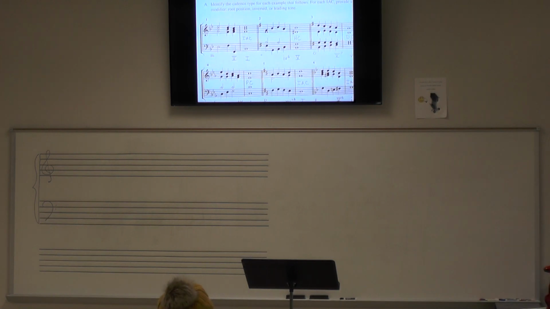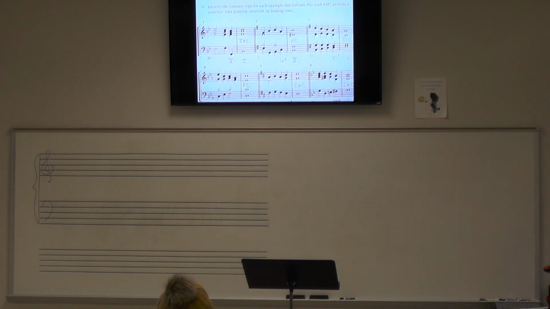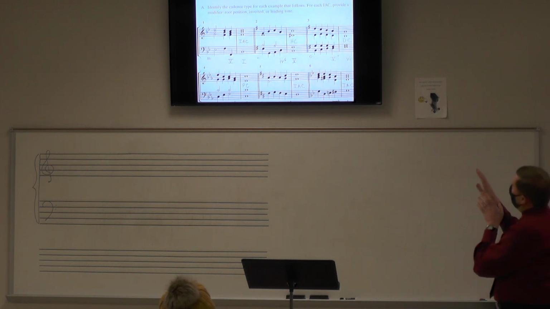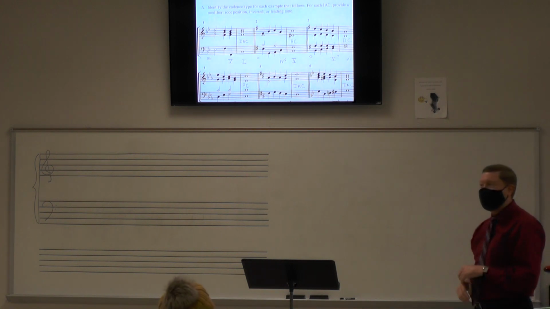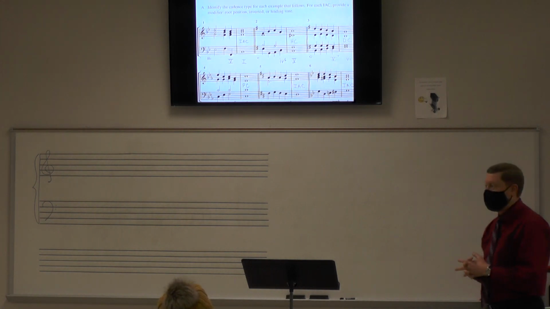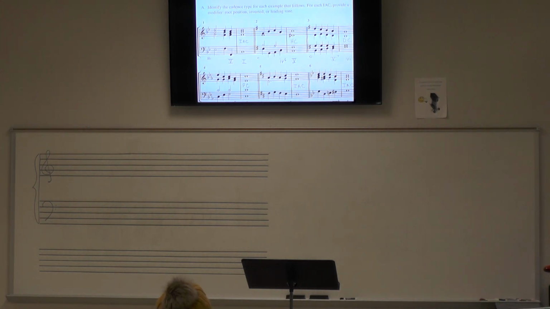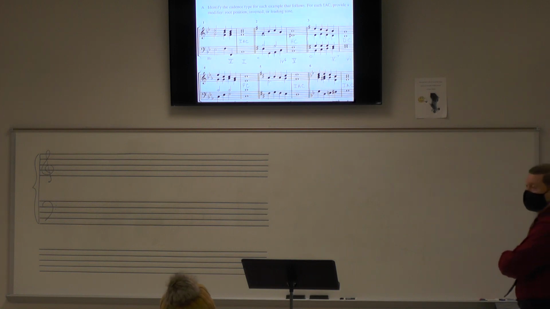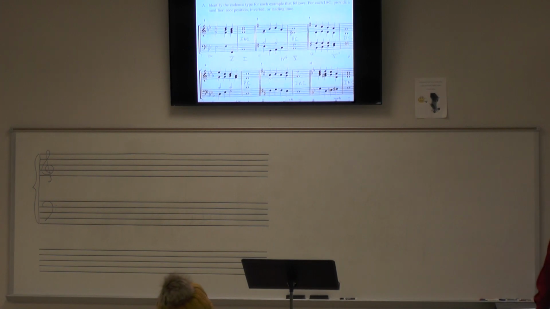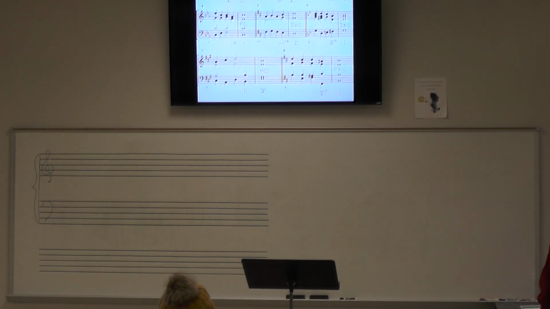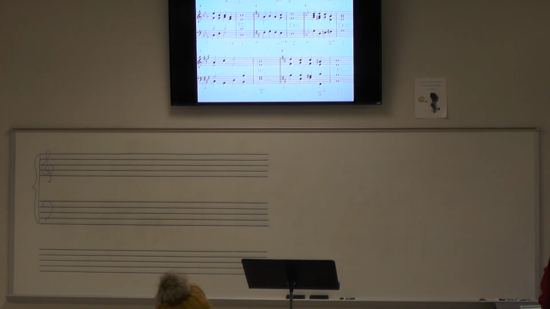Okay, so it looks like number 1, you should have an IAC. By the way, I don't know if you saw in the assignment sheet that you do not have to follow the instructions where it says for IACs provide a modifier. You don't have to do that. That's fine. So IAC is just fine for number 1. Number 2, half cadence. Number 3, deceptive cadence. 4 was a plagal cadence. 5 was an imperfect authentic cadence. And 6 was an imperfect authentic cadence again. And then finally, number 7 was a half cadence, and number 8 was a perfect authentic cadence.